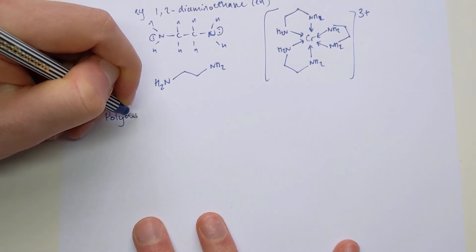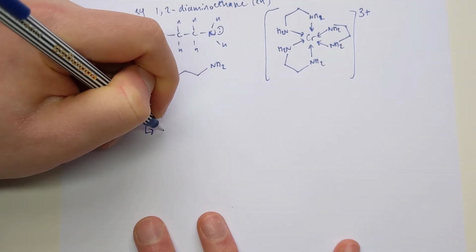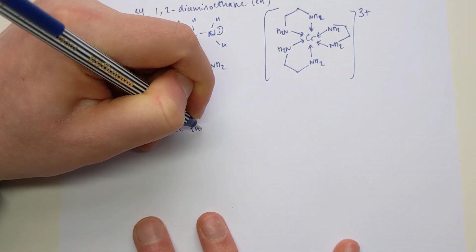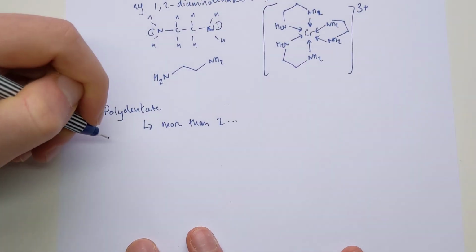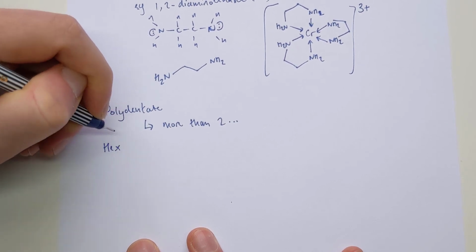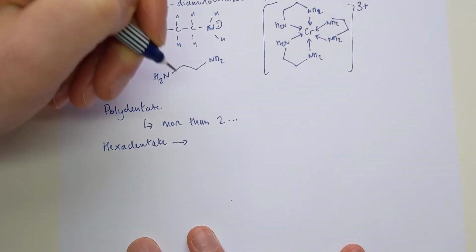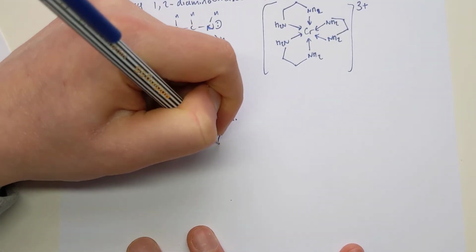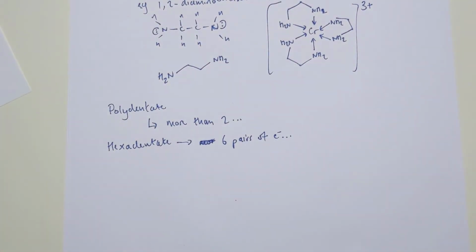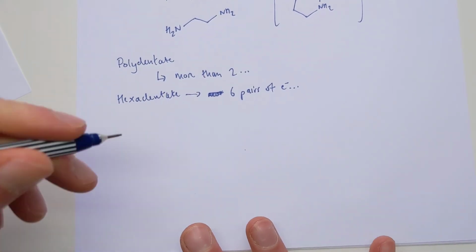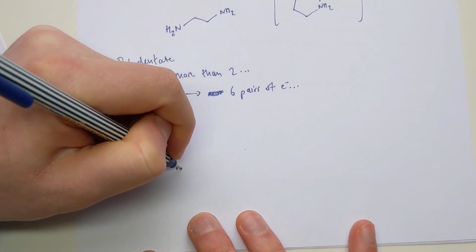We call them polydentate ligands. So poly means many. So polydentate ligands means more than 2 pairs of electrons, giving more than 2 coordinate bonds. One specific example of a polydentate ligand you might come across is the hexadentate ligand, which means 6 pairs of electrons forming 6 coordinate bonds. Why I say you might come across that is because we've looked at one of those already. EDTA 4- is a hexadentate ligand. If I draw it out again in skeletal form,